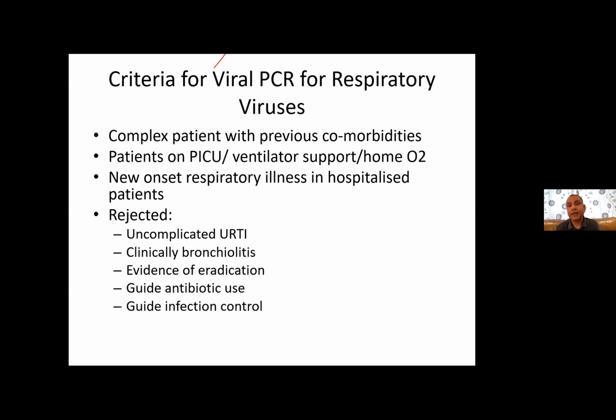Now, the previous speaker again spoke about not having clinical information. In the UK, we can easily say no, that we are not going to process the blood culture or any PCR if there is no clinical information. And everyone agrees, clinicians agree as well, because it's very important for the lab to know what's wrong with the patient, for us to decide which is the best test,